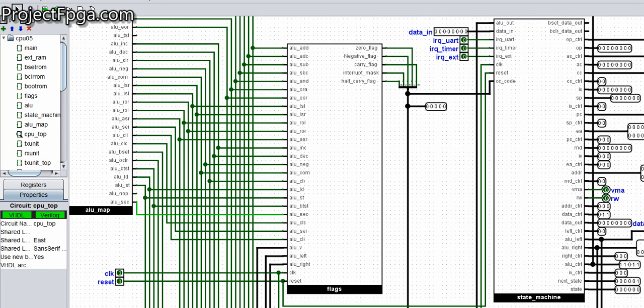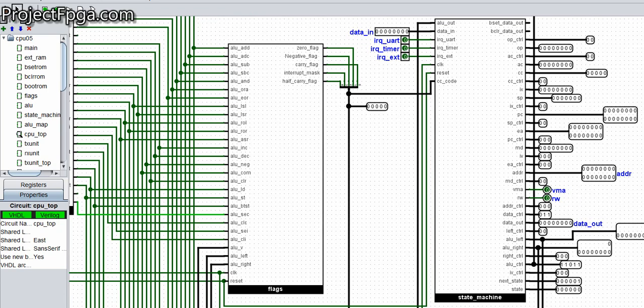So this is what the ALU looks like. But at the end of the day, not everything was needed. We only needed, remember, this is the ALU, the CPU address that goes into all this address we've been talking about in all the peripherals we treated earlier. This is the data out, that is the CPU data in that goes into all the peripherals. This is the read write and the VMA